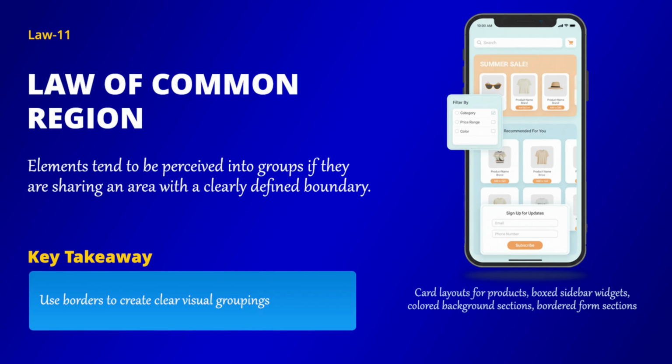The law of common region. Elements are naturally perceived as belonging together when they share a clearly defined space or boundary. When content is placed inside cards, boxes, or colored sections, users immediately understand that those elements are related, without needing